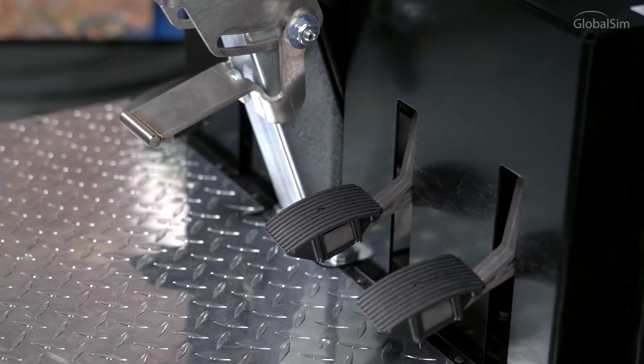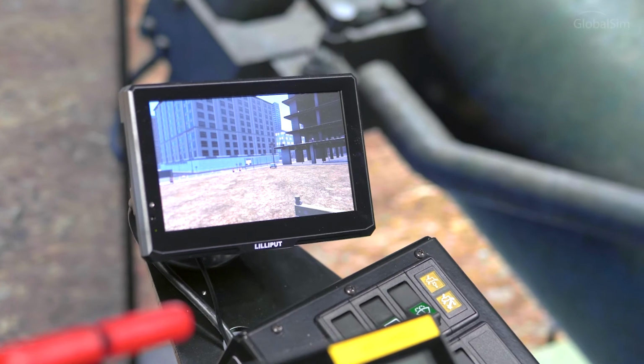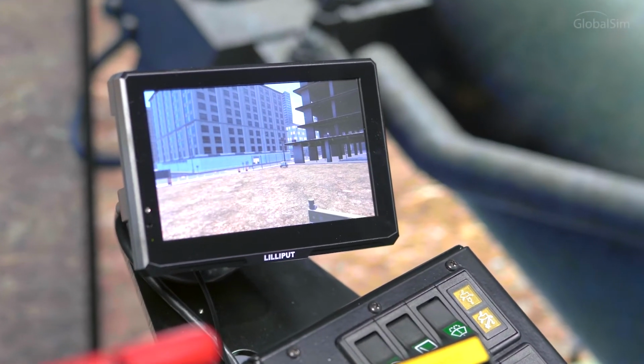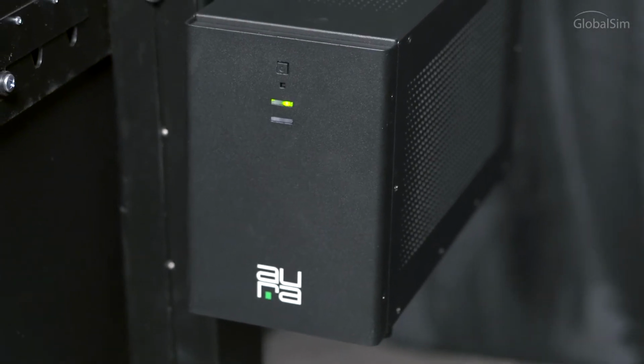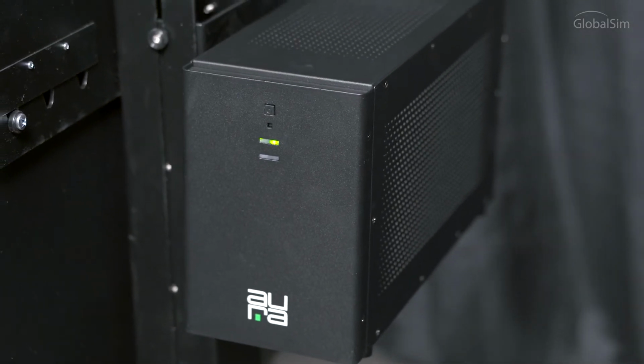that we have. On this project, we have components straight from the crane manufacturer, so we work with them to get the right parts and place them in the exact position so that they feel like the real crane. It plugs into a standard wall outlet and doesn't require anything special as far as power, floor loading, or ceiling